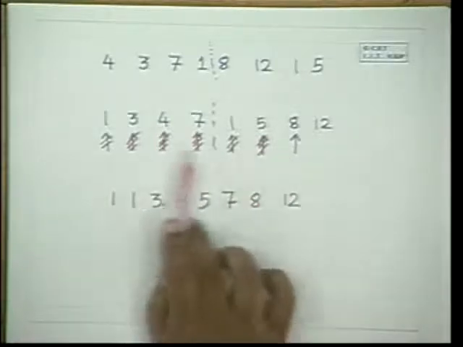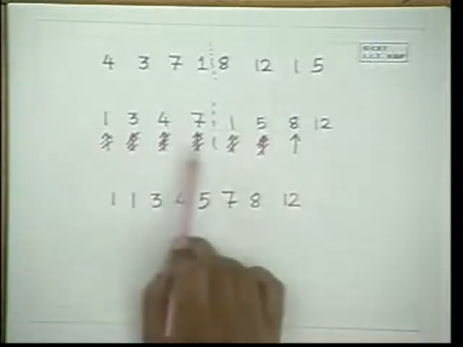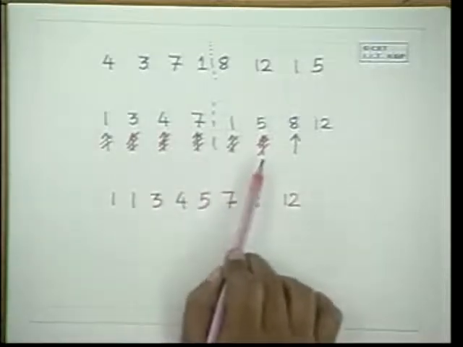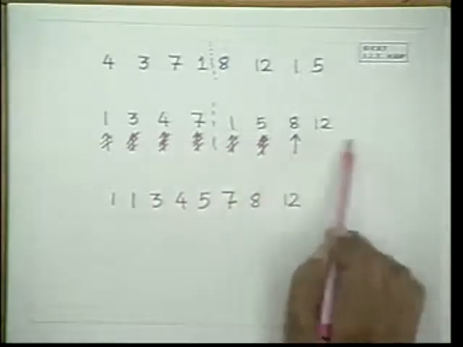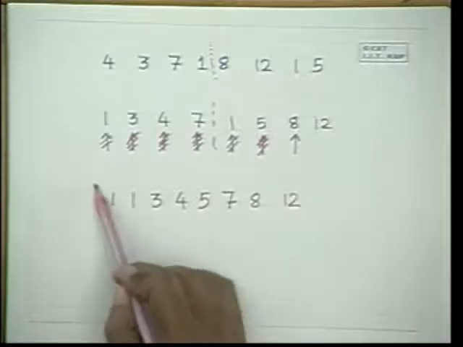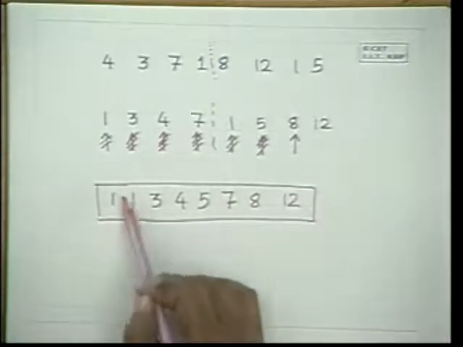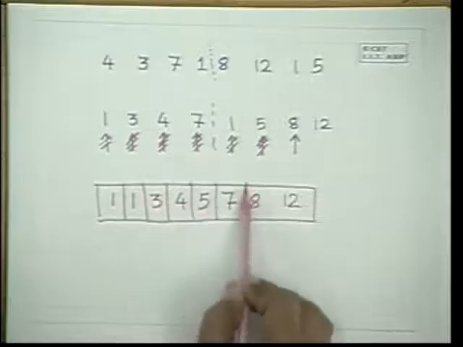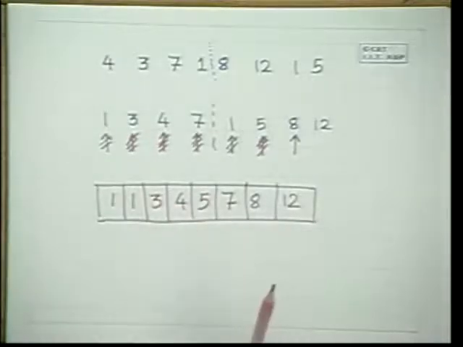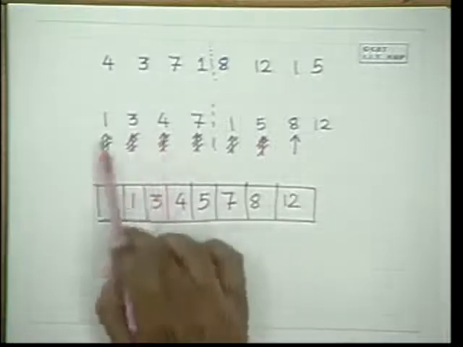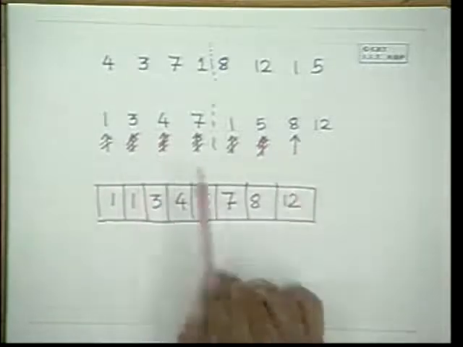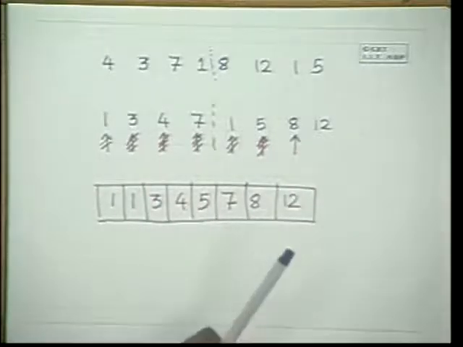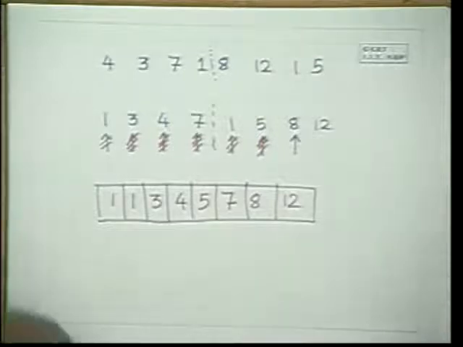So we are to solve it in two parts. One is we compare the indices and increment them, and then whenever we reach the end of the list, we copy the rest of the elements at the end. And we can use an additional array to store the sorted list of this part during merge sort. Alright. So using this technique, we can write out the merge routine, and based on this, the merge sort routine will get completed. So let's go to the computer and see how the program looks in more detail.